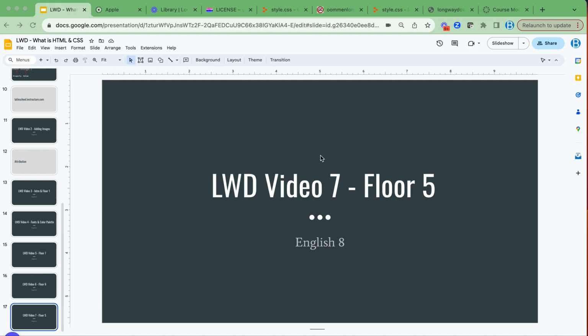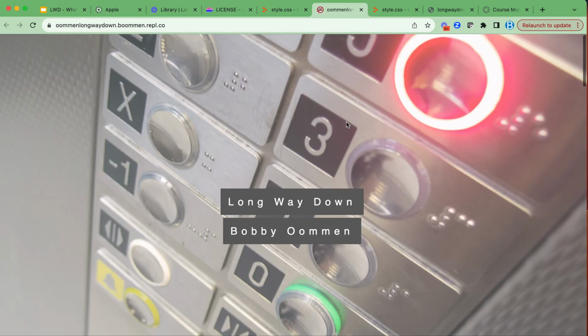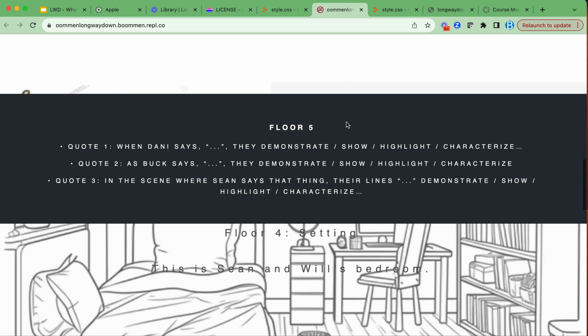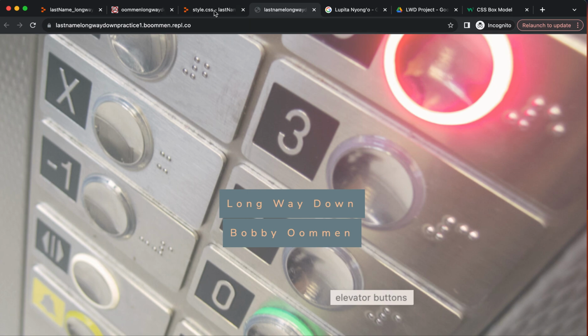Help you navigate the code for Floor 5. Floor 5 at this point should be pretty straightforward for you. Floor 5 is just your quotes, and so you've got some quotes that you need to put in the context, the code for. And so what you're going to want to do is